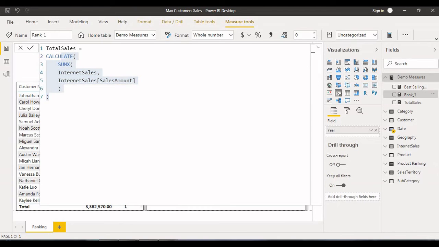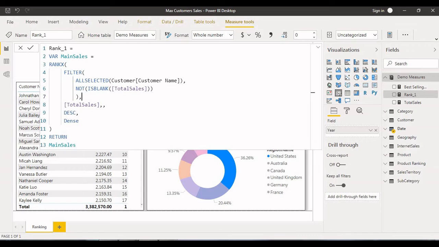So here I have declared one variable. Within the variable I have used RANKX, and while declaring the table name, I have used the FILTER function. Basically, descending order is not required in most cases, but if you're trying to find bottom customers in ascending order, there may be cases where, if you select each region, some customers do not have sales, so in that case we'll get rank 1.